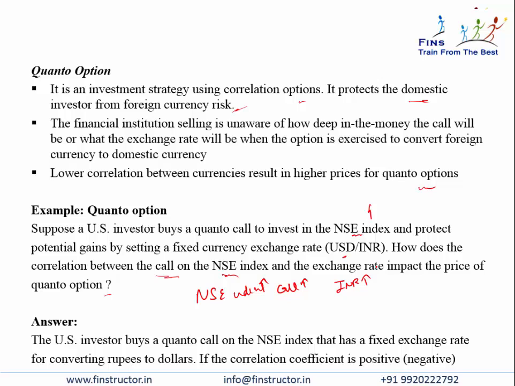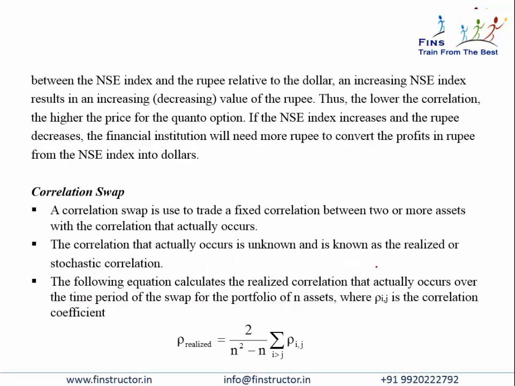So the investor will get double the returns. He will get a return on his call option, plus he will get higher money because the INR has also appreciated. However, this would also mean that when NSE index goes down, that is, he loses value on the call option and the INR also depreciates. So if the correlation coefficient between the two is positive,